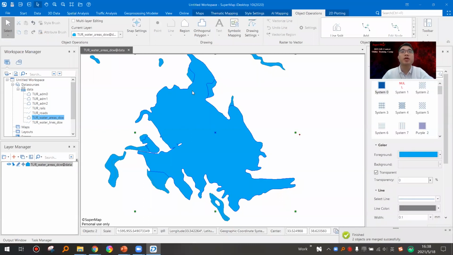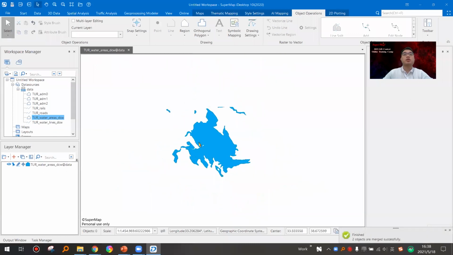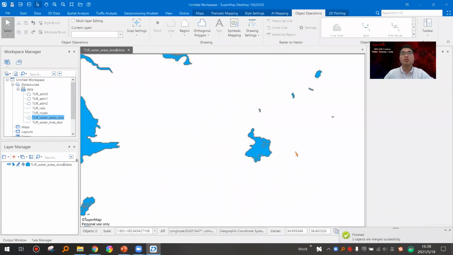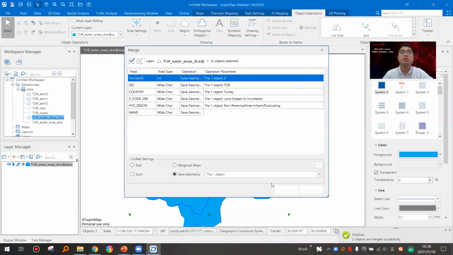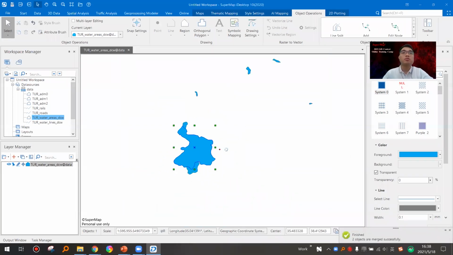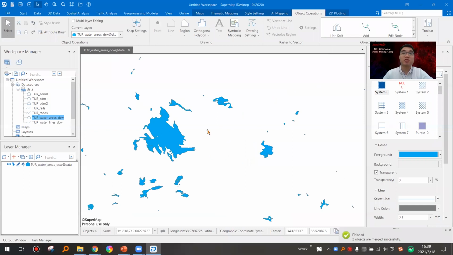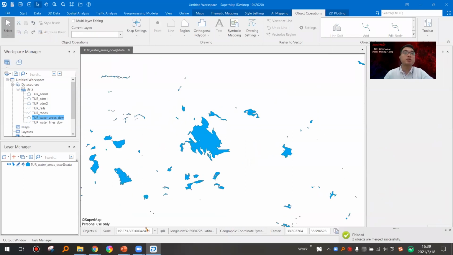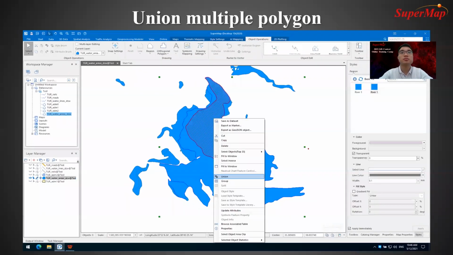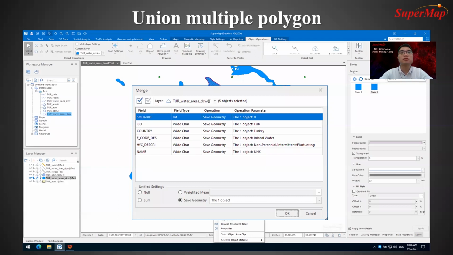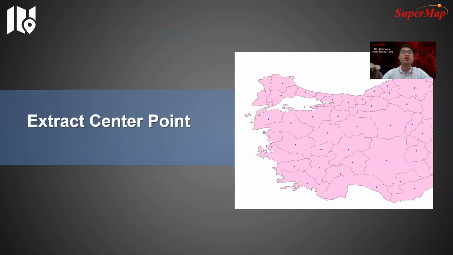And for example, like this. Yeah, you can merge them, like this. So this is the first step. And the second step,